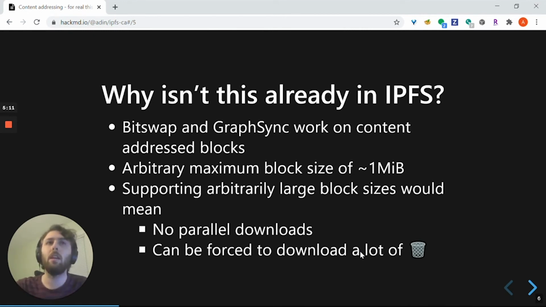Imagine I download my 100 megabyte file from two people, and one of them gives me bad data. I don't know who gave it to me, because all I know is that when I combine the bytes together, they don't match what I'm expecting, but I don't know who lied. So this means I can't do anything in parallel. That's sad, right? If I just treat my 100 megabyte file as a single block,